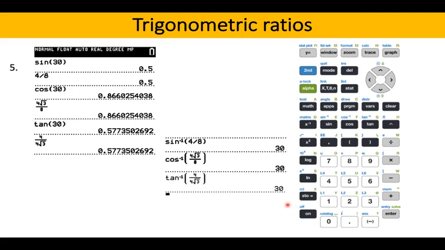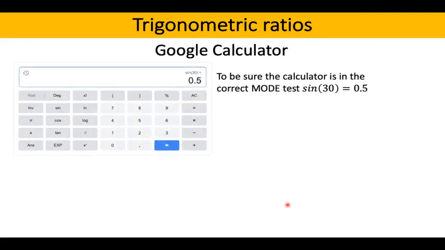Sometimes we must use an online calculator. So let's talk about the Google calculator. As we just observed, sine of 30 is 0.5 or 1/2. So that's a good one to check to make sure your calculator is in the right mode. If you just Google calculator, this comes up. Here is the option to change from radians to degrees. But if you just check sine of 30, you should know that that's 0.5